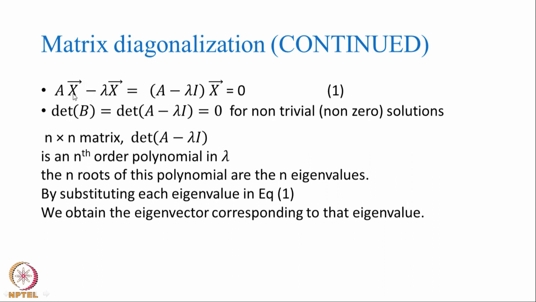So, then the question would be, how many vectors are there which will not change direction when I multiply by the matrix A? It turns out that if A is an n by n matrix, there will be only n vectors like that. If A is a 10 by 10 matrix, there will be only 10 independent vectors which will not change direction. Therefore, these vectors are called eigenvectors and the values lambda are called eigenvalues. So, this particular problem is called an eigenvalue problem.